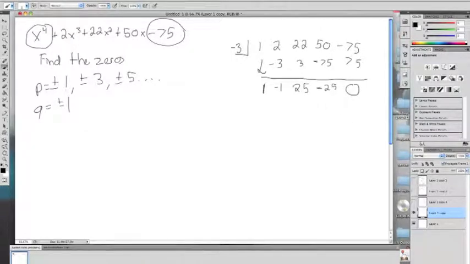You see, when we use synthetic division, we got 0, proving that -3 is actually a zero for this. It's a factor for this. So we would just write x plus 3, and then